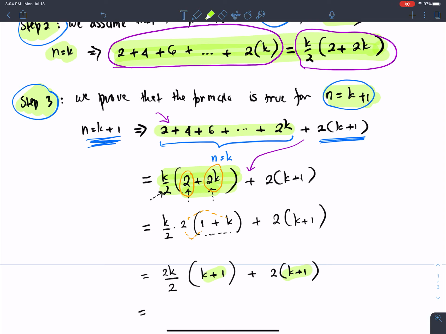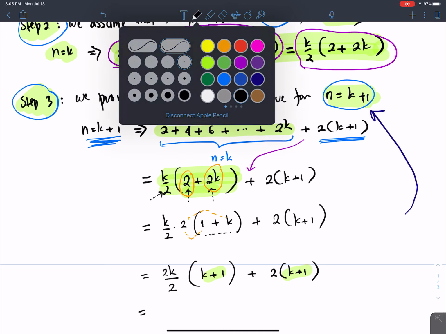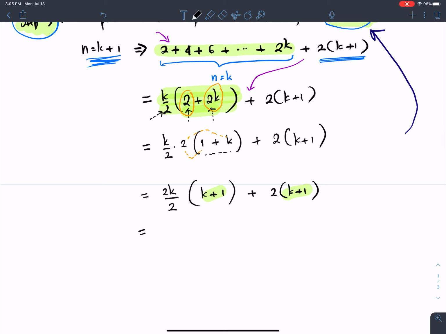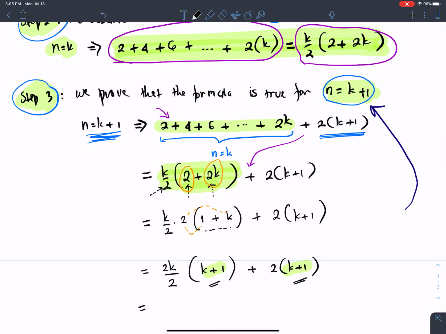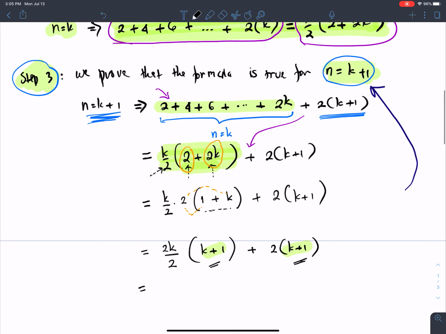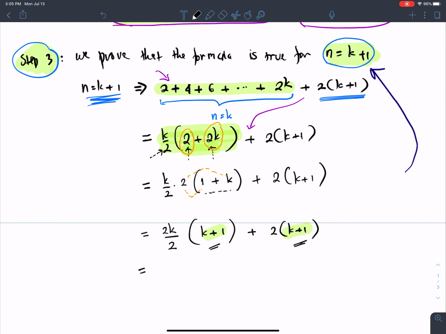Why must we change to k plus 1? Again, remember that we would like to prove what? For n equal to k plus 1. So anything must change to k plus 1. The form must change to that. Okay, so over here, as you see, we have k plus 1, k plus 1. This is also the same component, so again I can take it out. So I will put k plus 1 outside here.